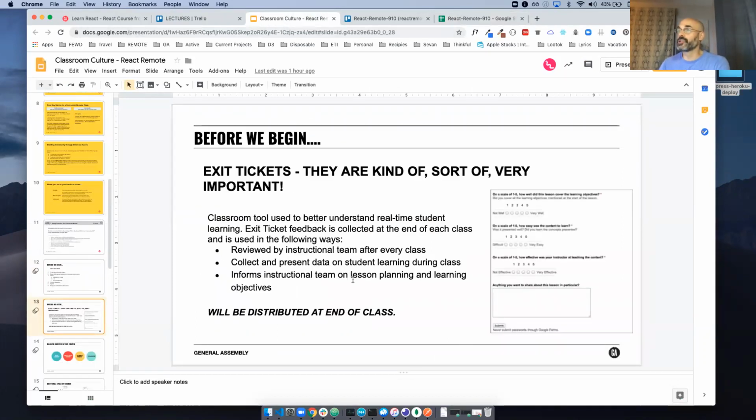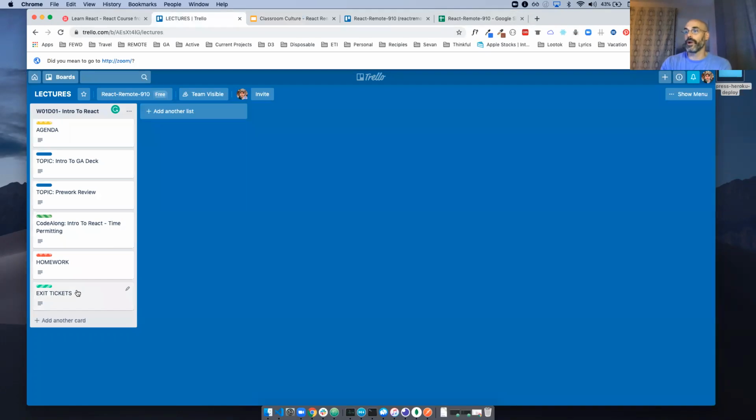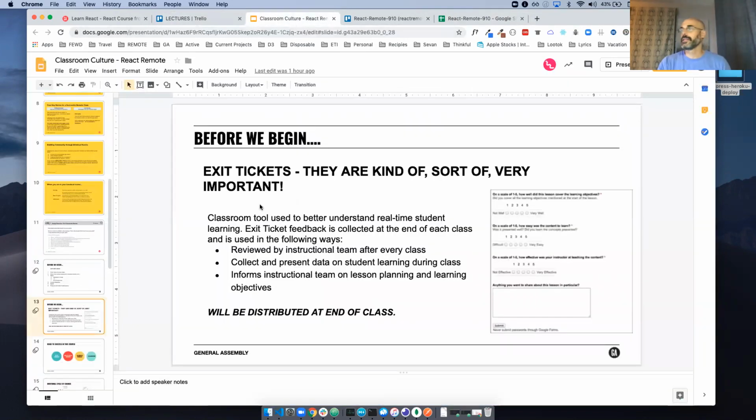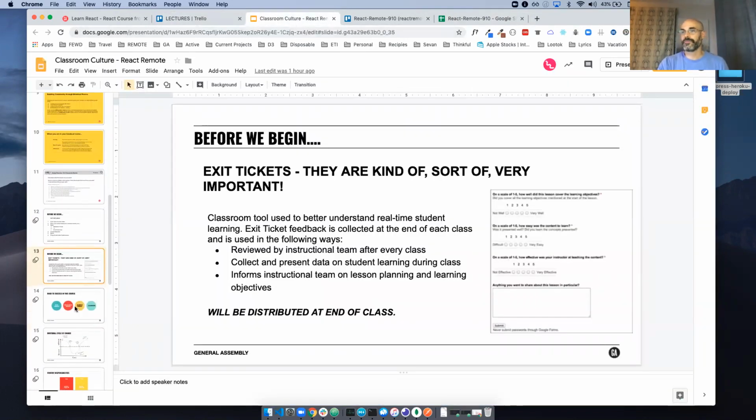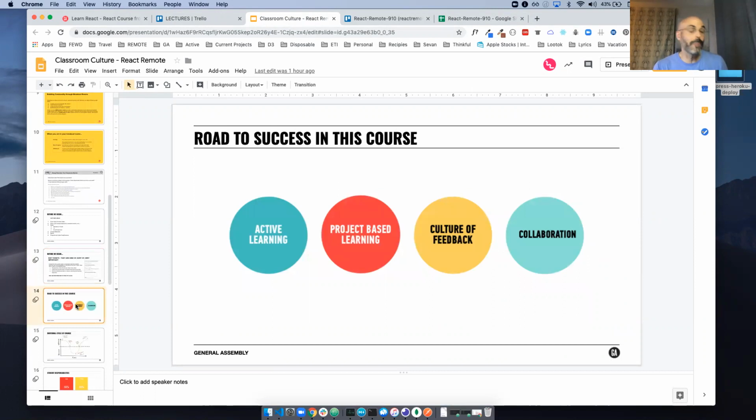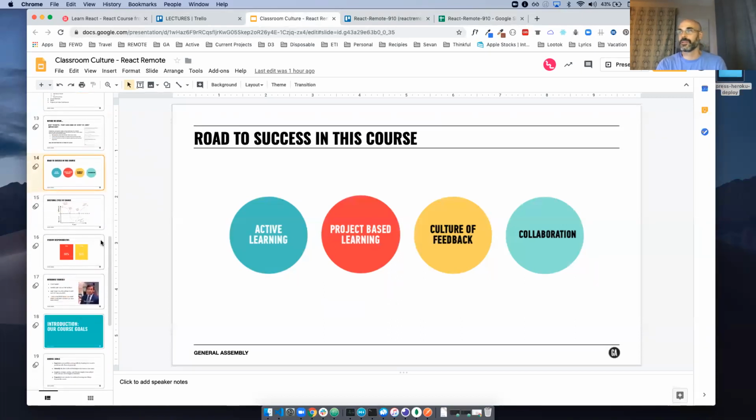Exit tickets, I didn't mention, there's a link in the Trello board for exit tickets. Once it's time for exit tickets, I'll Slack it out the first couple of times, and then I'll just say, hey, end of class, exit tickets, please fill them out. And I will follow up with everyone. Once again, it's a remote class, I'm in New York, it ends at 10. Last thing I want to do is fill out an exit ticket, right? It's 10 o'clock, I want to go to bed. But I will follow up with several of you if I notice that you're not filling the exit tickets out, because the feedback is super important.